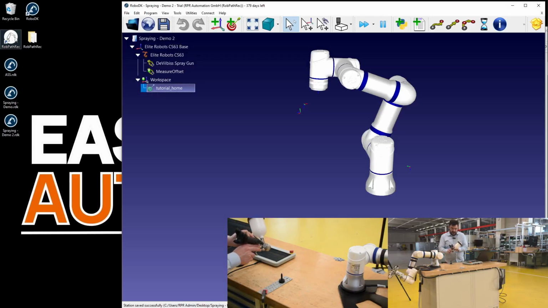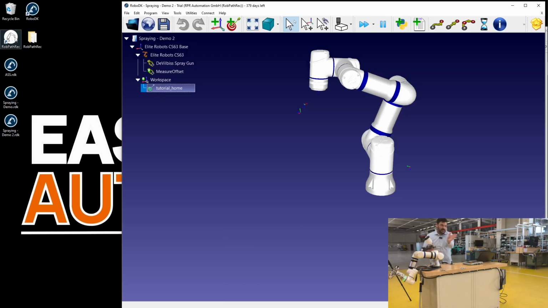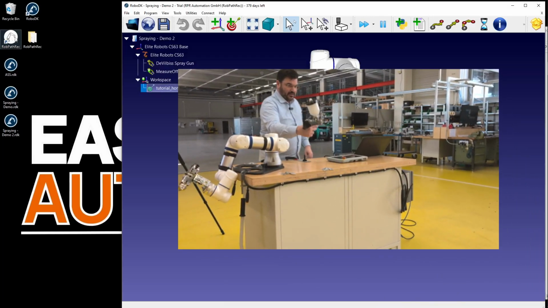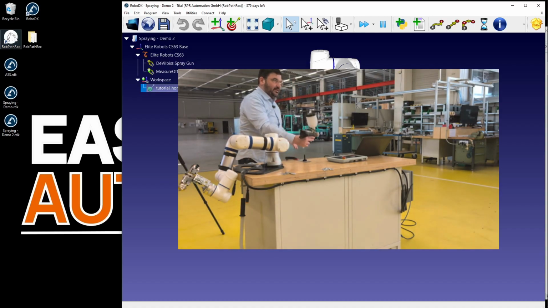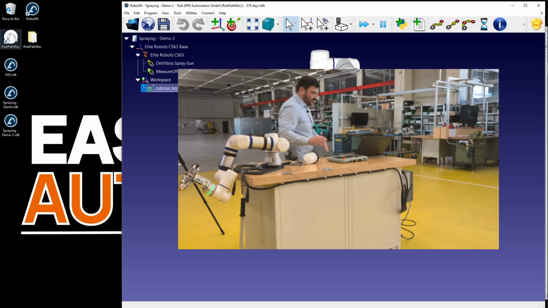Once we save it, next we will define the orientation, the right orientation of the tool. Right now we just know where the point is, but we do not know how this point should be oriented once we start. So this is my robot. Normally, if it looks in this direction, I want to have my spray gun in this manner for the processing. So I will have to come to the 0 point, and I will have to make exactly the angles in any direction, compared to the surface, as I want to have it in real life.